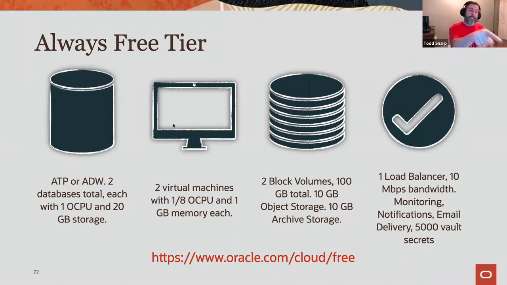And also, as you can see here on the bottom right, you do get 5,000 vault secrets included in the free tier. So if you wanted to use that distributed configuration that I showed you, you can do that absolutely free. You can do essentially everything that we've done here today absolutely free on the always free tier of the Oracle Cloud. Check that link at the bottom of the slide there,